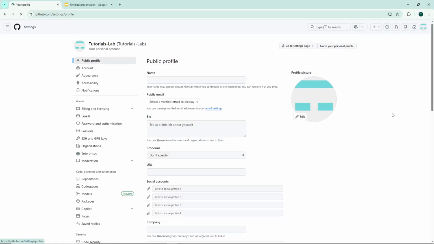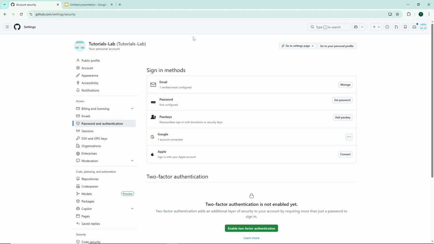This will take you to a comprehensive page where you can modify various aspects of your GitHub account, from your profile information to privacy and security settings. Now, direct your attention to the left sidebar. Here you'll see a list of different setting categories. Look for and click on Password and Authentication. This section is specifically designed for managing your login credentials and security features, making it the perfect place to update